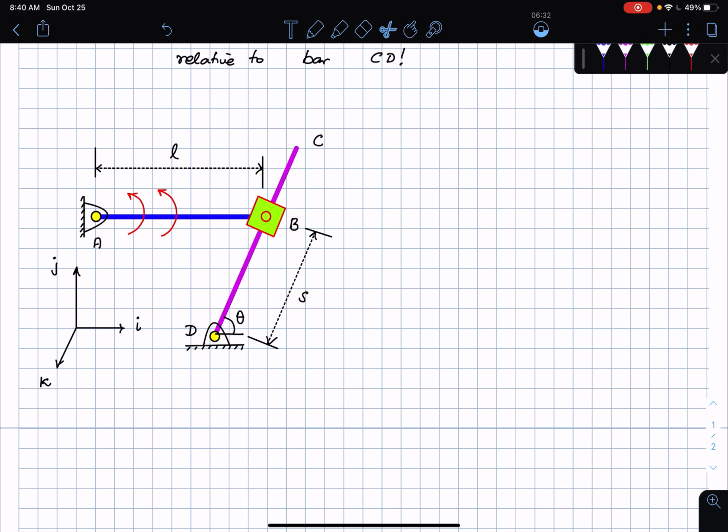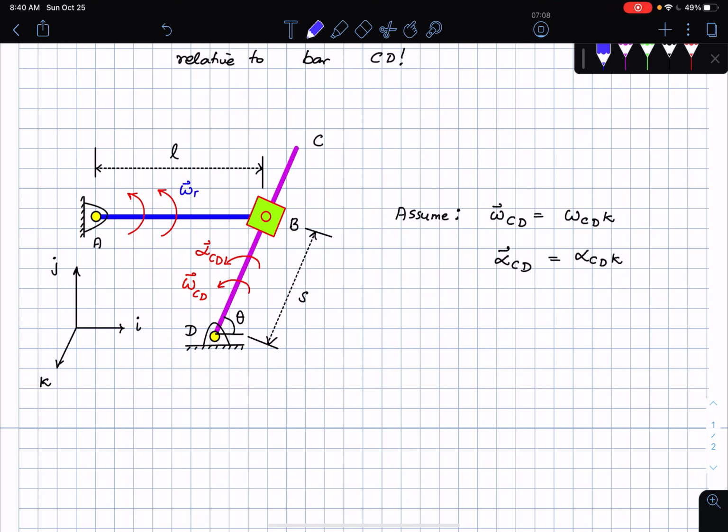Some approximations or assumptions that we're going to be making here. I'm going to assume that the angular velocity of CD and the angular acceleration of CD are in the k direction, and alpha CD is in the k direction. Let's just mark that down here. So this is assumed. We don't know if this is correct. Hopefully we will figure it out. This is omega CD and this is alpha CD, and here omega AB and alpha AB were given